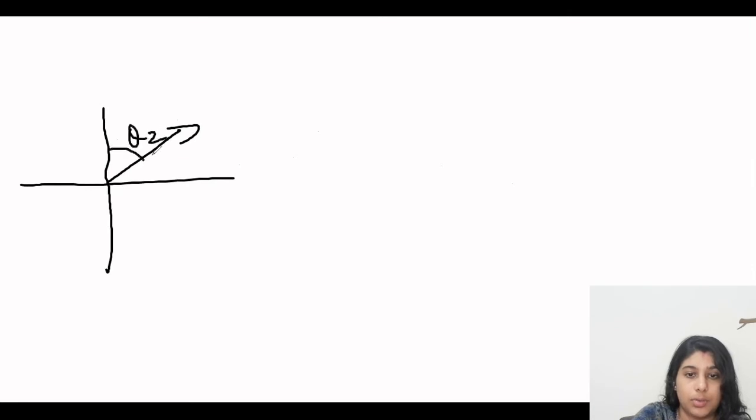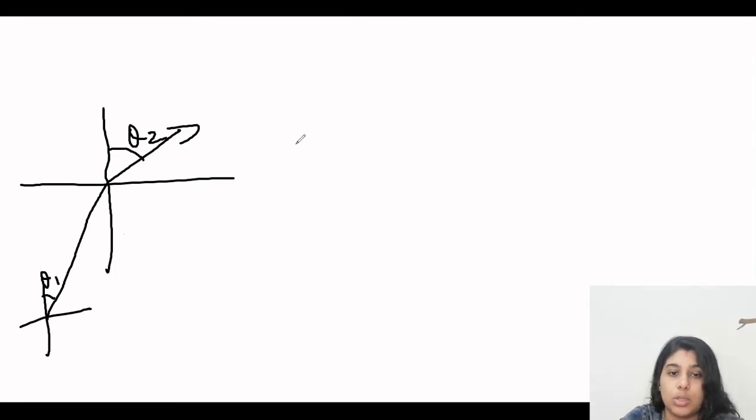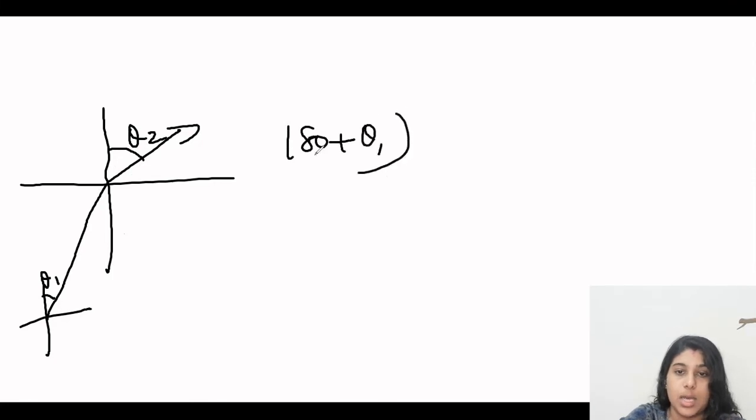Next question, if this is theta 2 and here it is theta 1. So from here we know that it is similar to the forebearing and back bearing. That means the difference will be 180 degrees. So every time the included angle between these two will be 180 degrees plus theta 1 minus theta 2. Understood?